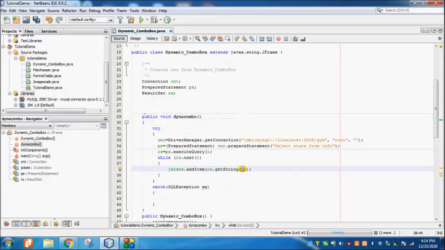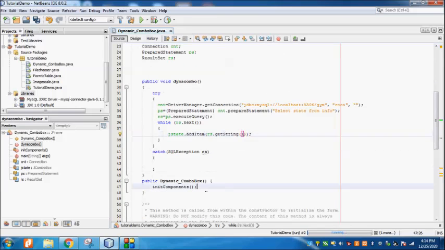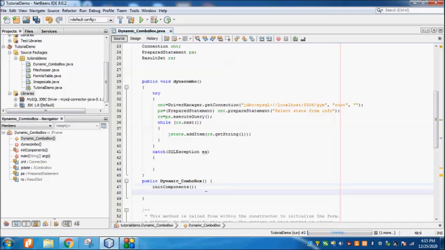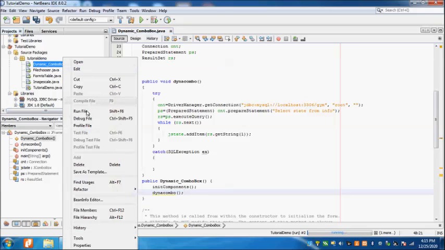Now after doing that, this function you have to call after initComponents. After initComponents you call this function, dynaCombo. So you are calling this function after init. Now you run your program.